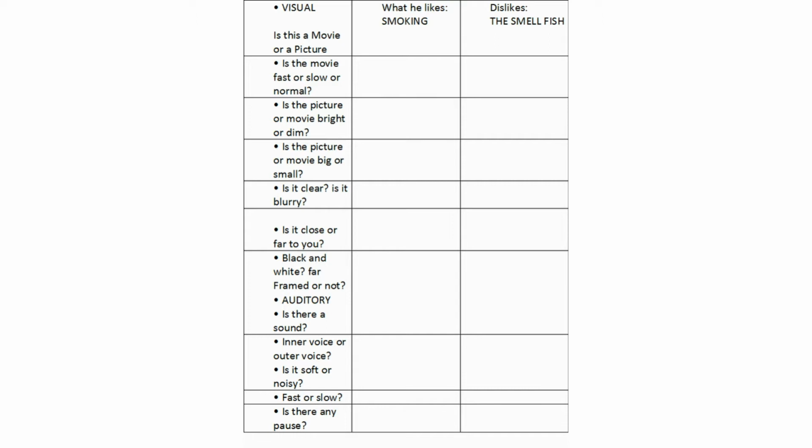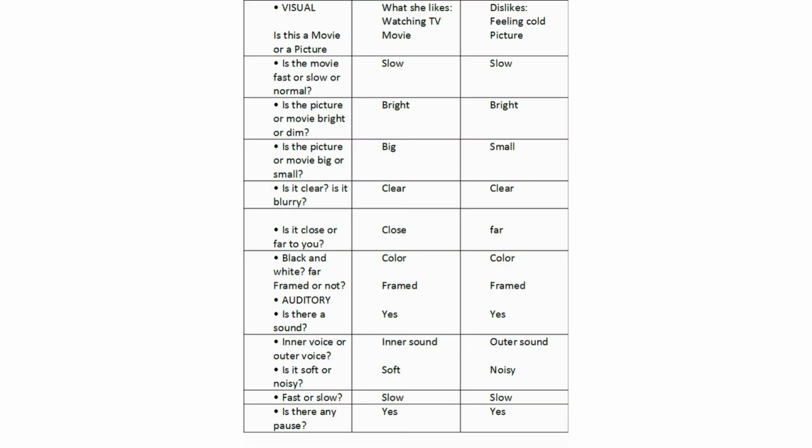When I asked her what she didn't like, she replied, to feel cold. When we changed watching TV submodalities with being cold modalities, hours of watching TV decreased. So, how did we do this? As we are beginning the technique, we learn about the submodalities of watching TV. I wanted her to remember a state when she was watching TV, and then I asked the questions you can see on the screen.